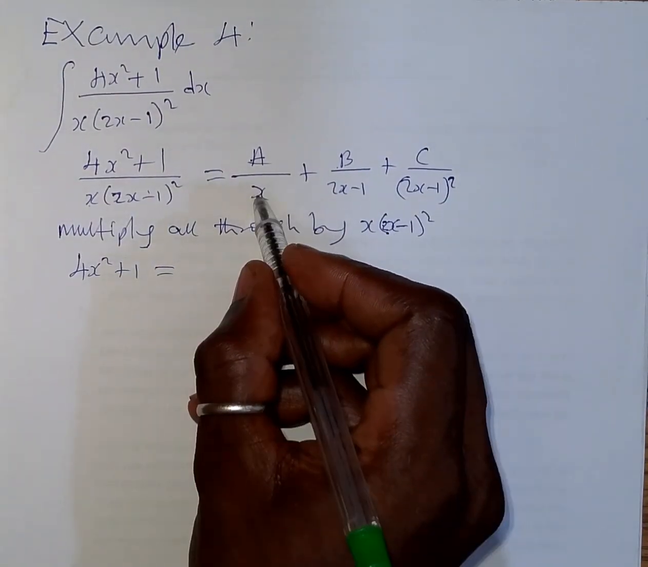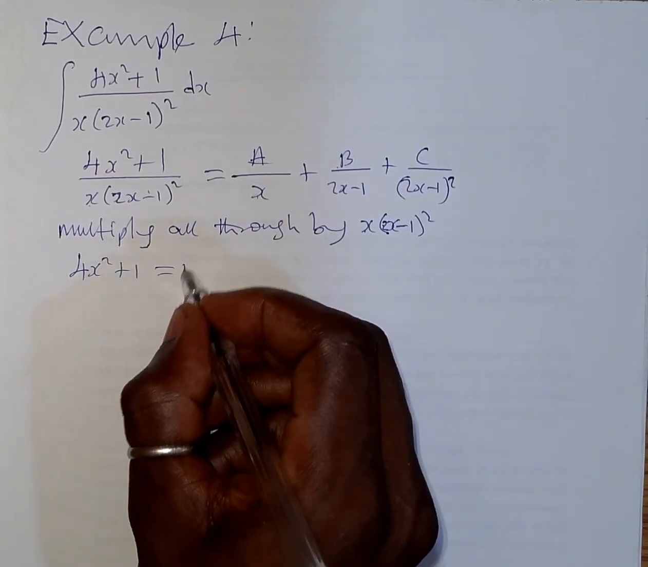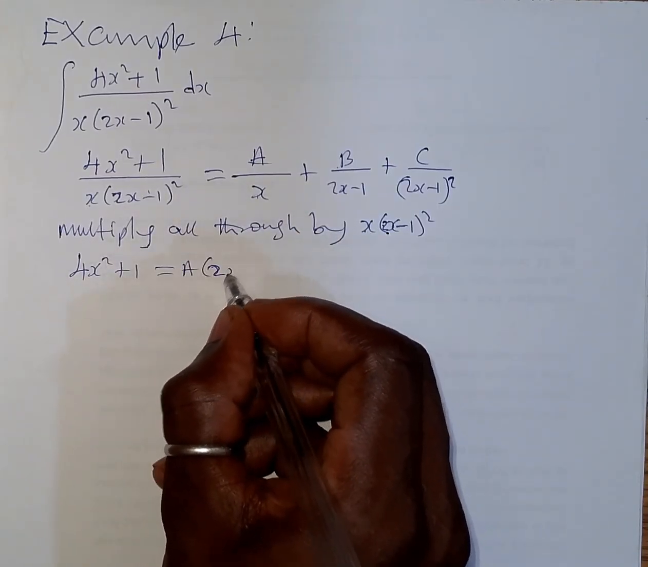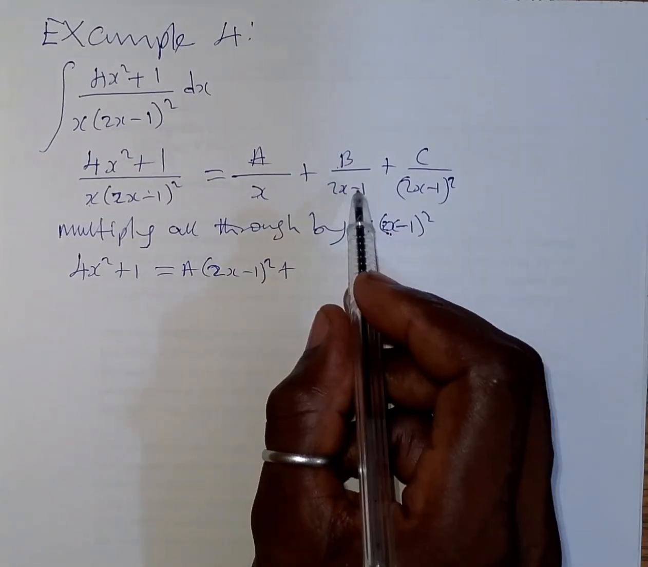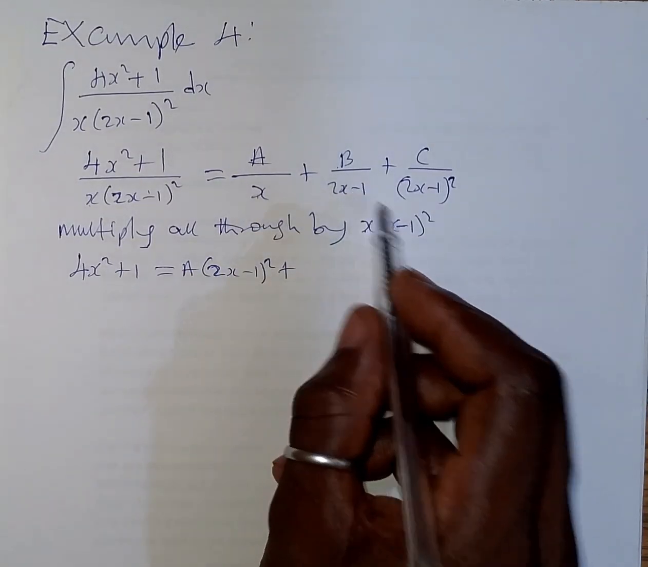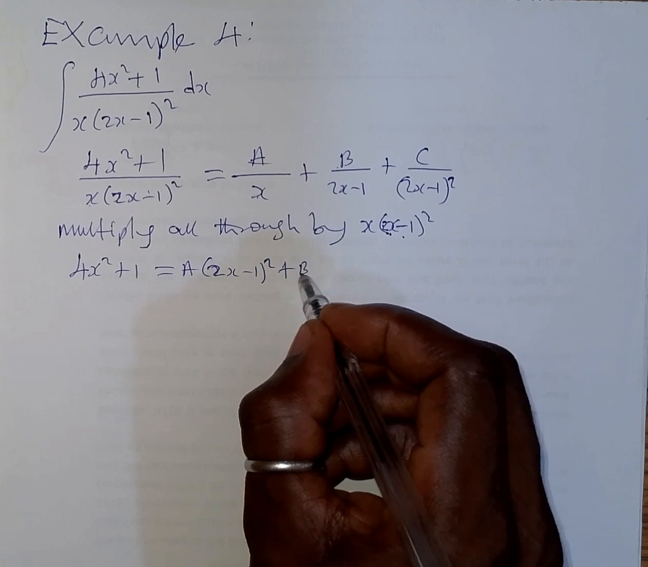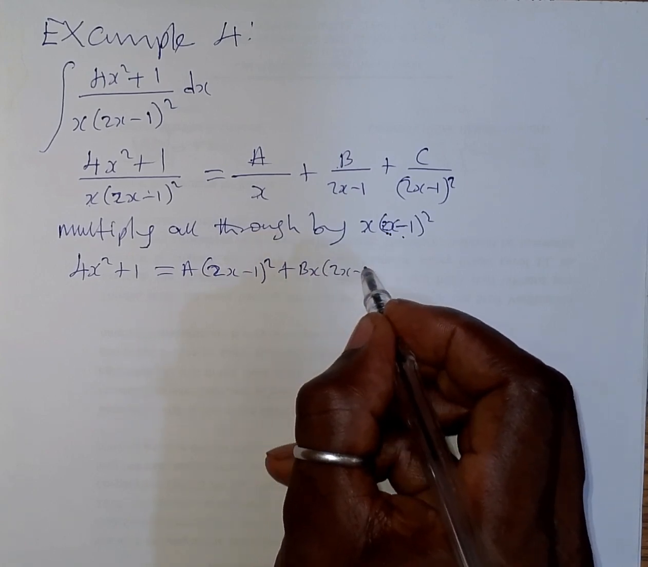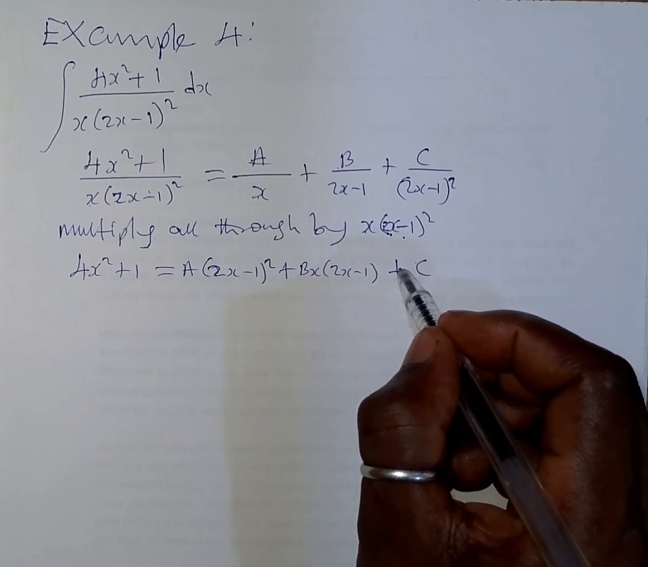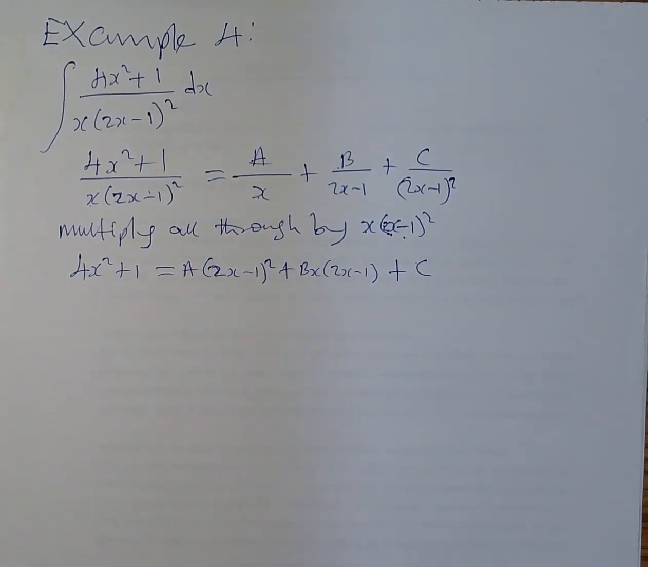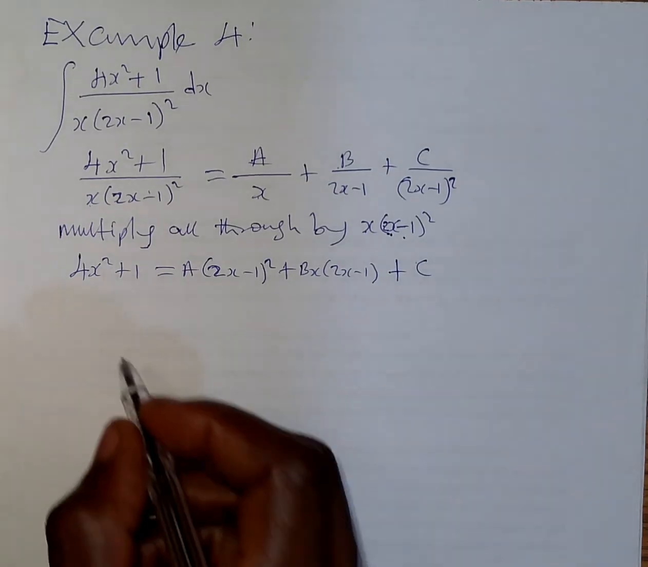When you multiply this by this, x will cancel x. So we are left with A open bracket 2x minus 1 squared, then plus, when we multiply this by this, then one of this will cancel this. So you are left with Bx in bracket 2x minus 1. And then finally, when you multiply this one, definitely you are left with only C. So with this one, we can be able to solve any other problem in this place. So by implication, when